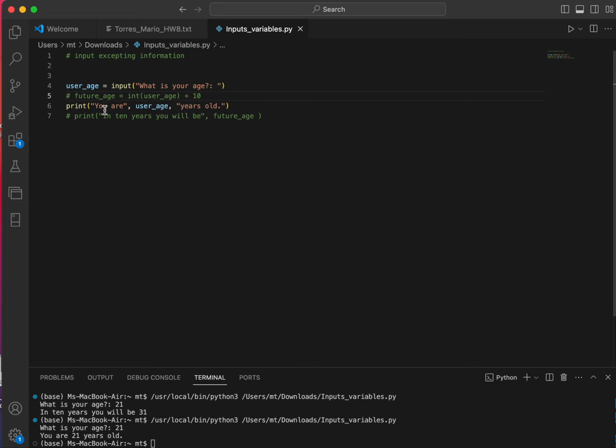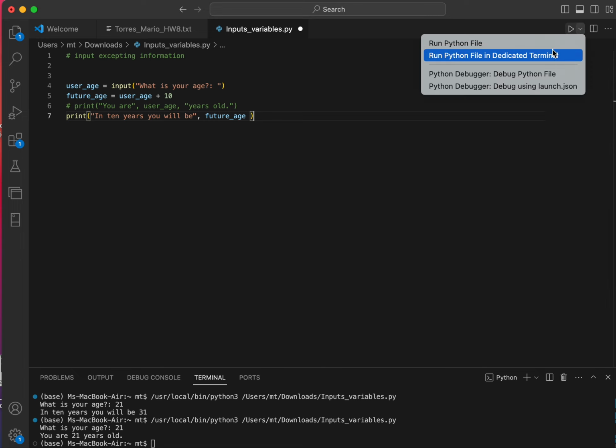So let's say the way we did that here was this example. We created another variable, and then we assigned it the user's age plus 10 to then print out that there will be X amount of years 10 years from now. So that's the logic that comes into this program. So if you run this file,